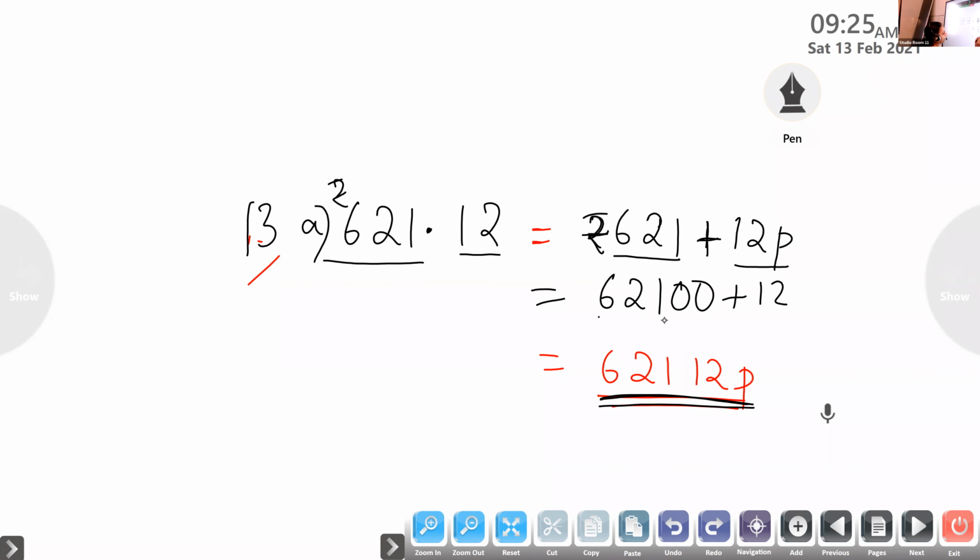Write the number, add how many 0? 2 0. Then add 12 paise. This also paise. Now this also paise. So children, you can see when we add, you will get this. Otherwise, what is the easy step? Write the number without any decimal point. Is that clear? Now 13th one, B.